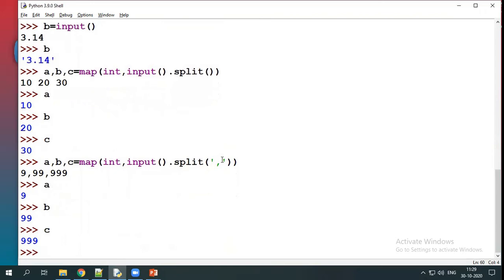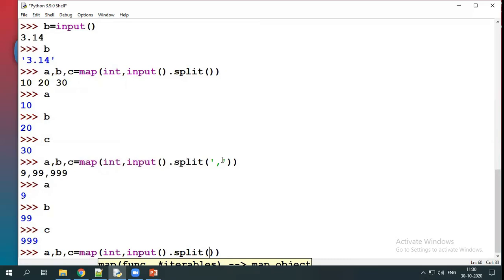But it is not possible to read multiple values of multiple types by using the map function in this case. For example, a, b, c is equal to map of int, and if I give input of different types, it is not possible, it will throw an error.